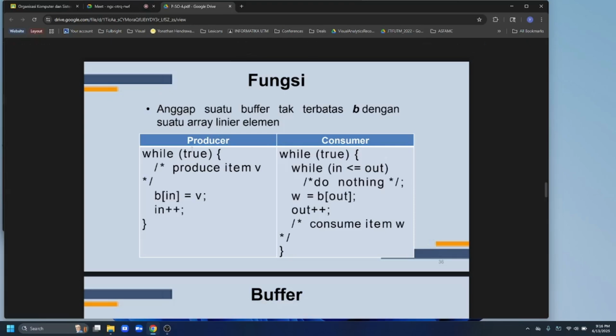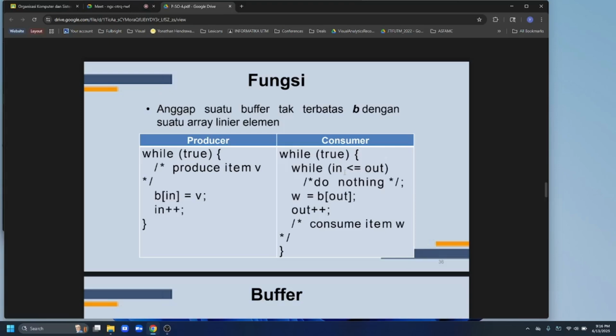So the producer, while true, will create item v here, and then it will put item v in the new index of buffer B. On the other hand, the consumer, while true, will check whether in is less than or equal to out.